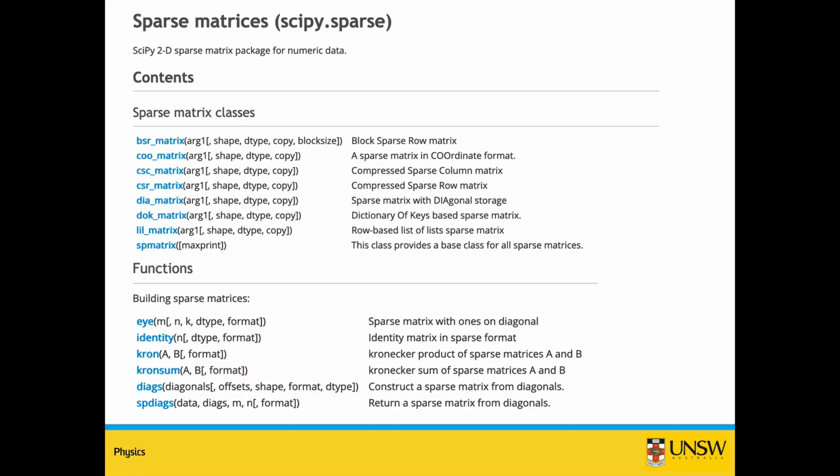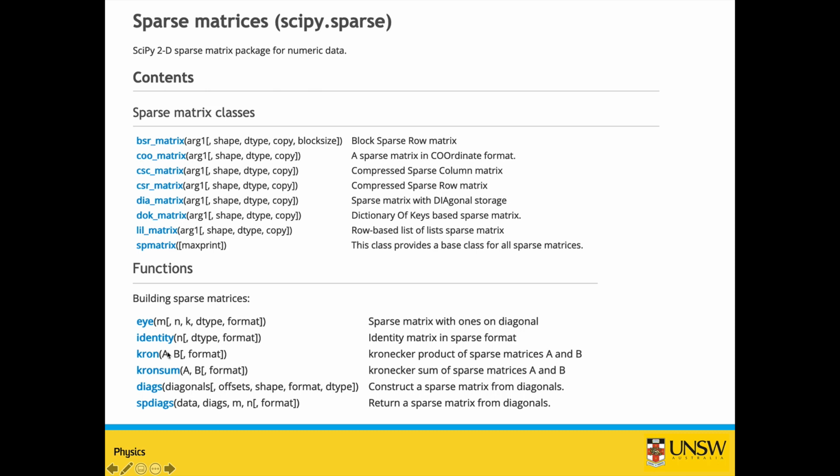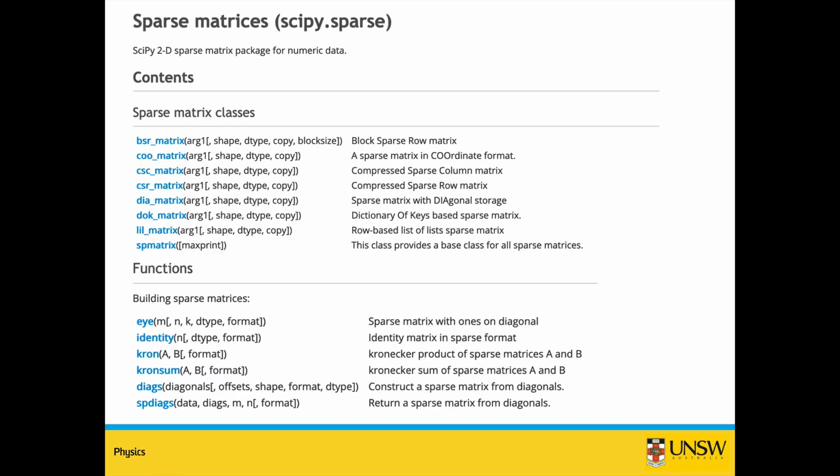So in Python, we have a sparse matrix class. It's under scientific Python, SciPy. And you can see that there are different types of matrices that are available: COO matrix, CSR matrix, which we have just learned about. And there are other types of matrices in a sparse format that you can use. There are also functions that operate on the sparse matrices. For example, the Kronecker product, the kron function can give you the Kronecker product between two sparse matrices A and B. Same with many other functions.